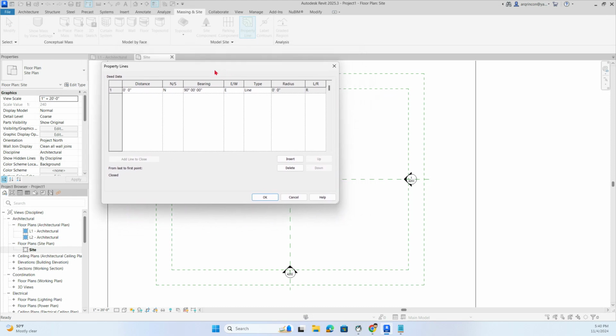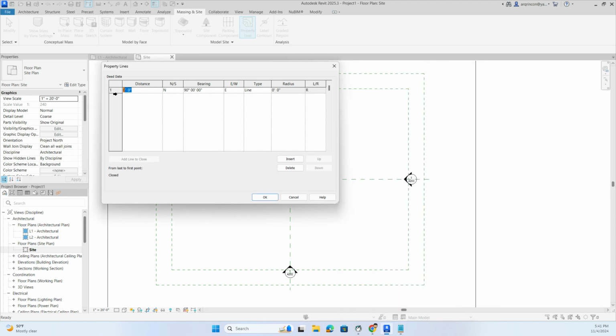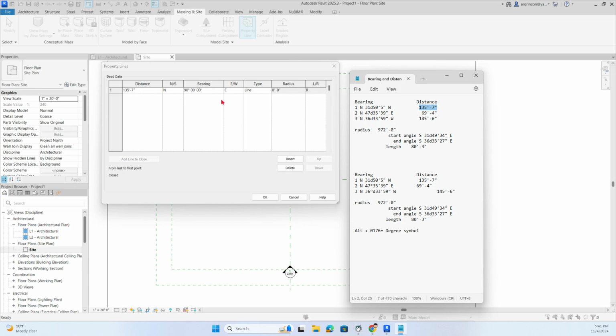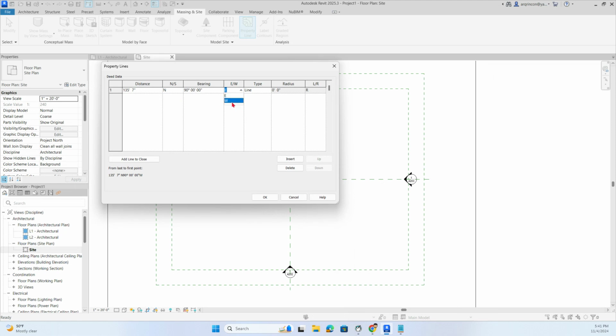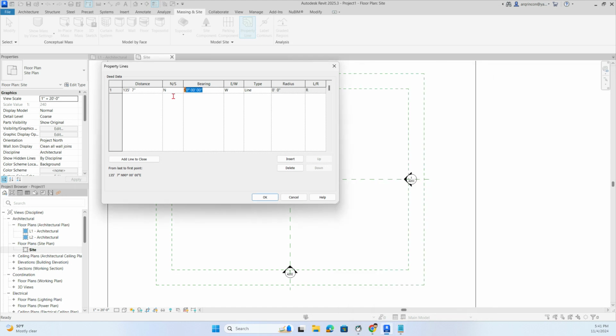So it's going to bring you this dialog box where the first thing that we need to put is the distance. So what I'm going to do is copy paste the information from point number 1 and paste it here. There we go. Now let's do the bearing. So it's northwest here. So we need to just switch it to west and then get the information, right? So if we place the bearing information the way it is here, this way, right, and I go here to